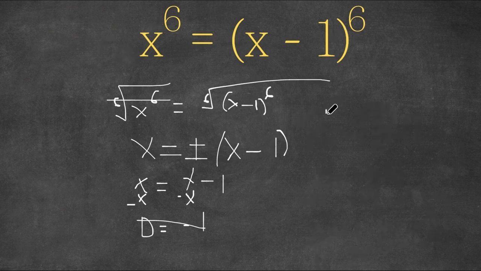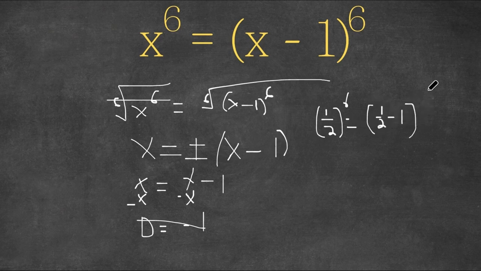So this is going to be 1/2 to the power of 6 equals 1/2 minus 1 to the power of 6. Well, 1/2 to the power of 6, that's going to be 1/64. And this equals, well, 1/2 minus 1 is simply negative 1/2. And negative 1/2 to the power of 6, well, that's the same thing as 1/2 to the power of 6, because